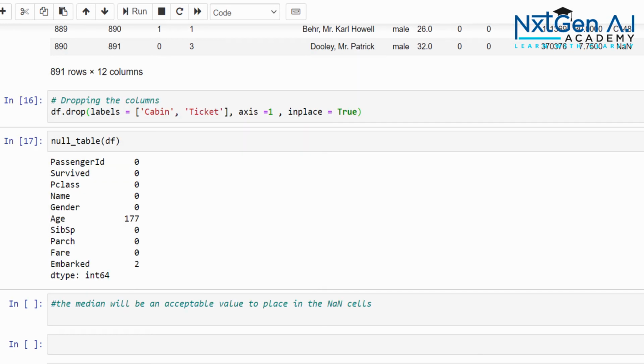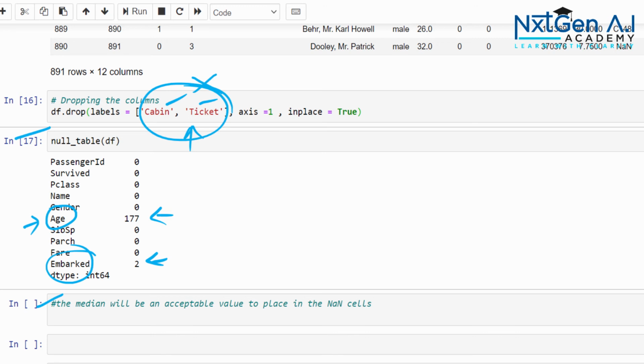And when we execute this function again, what we understood is cabin and ticket columns are removed from the data frame, because there is no big impact from these two columns. But still the age and embarked columns have the NA value. We can't remove these columns, which makes no sense, and we can't fill any other value, so the problem comes here.